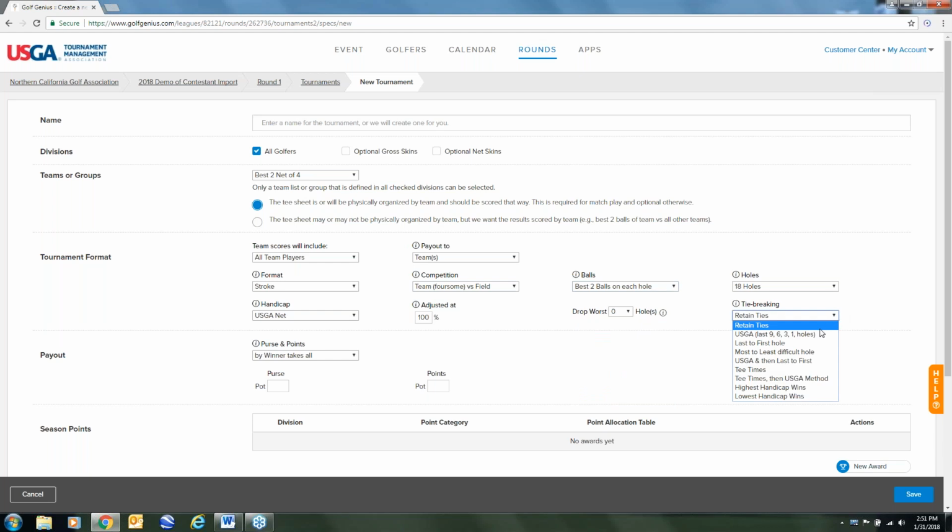My tiebreaker method is going to be the USGA method of first looking at the last 9 holes and figuring out a net score. If that's still a tie, the last 6, the last 3, the last 1. This is a net competition, not gross, and under best 2 net out of 4, the USGA recommendation is you award 90% of the handicaps. Let's go ahead and set up the